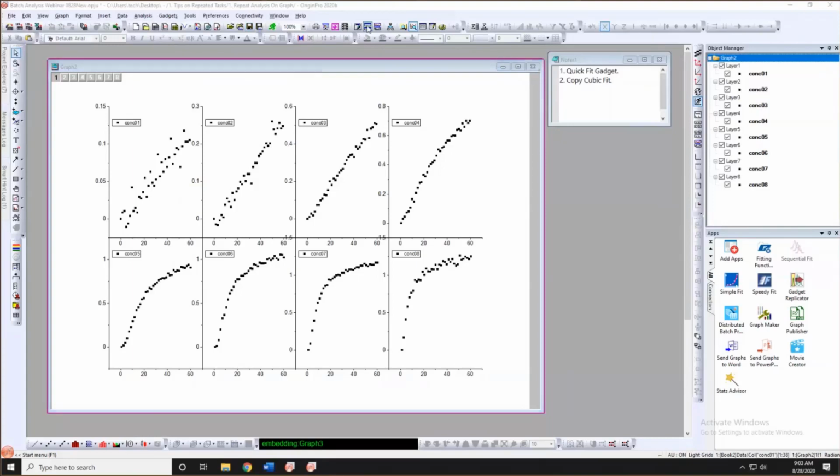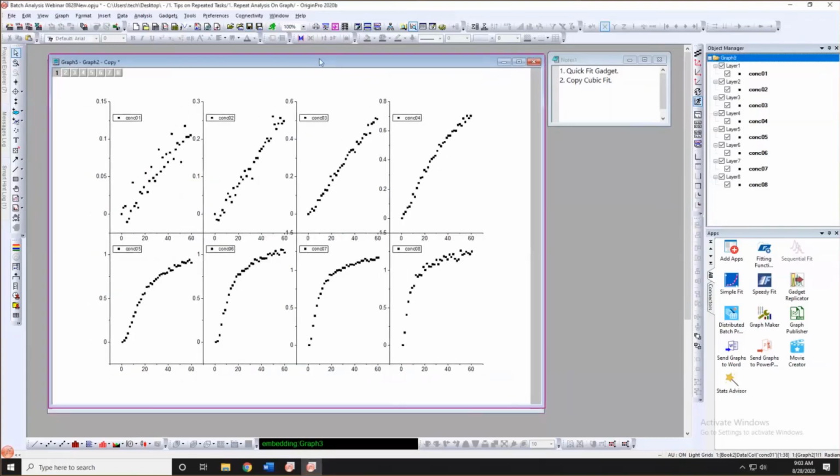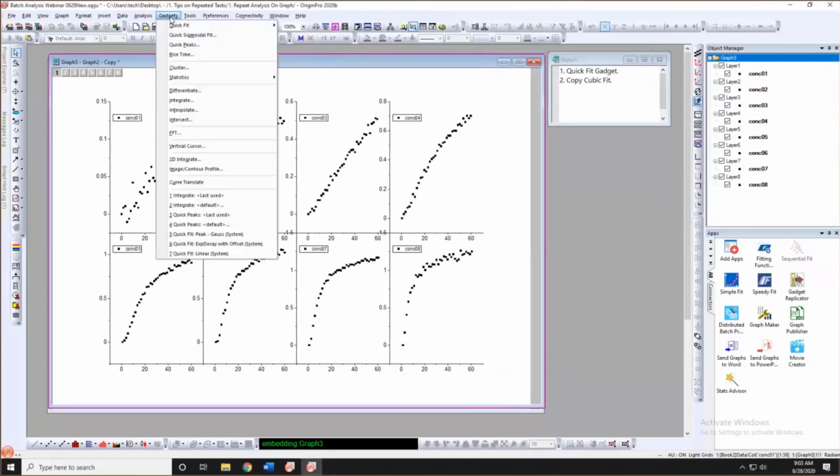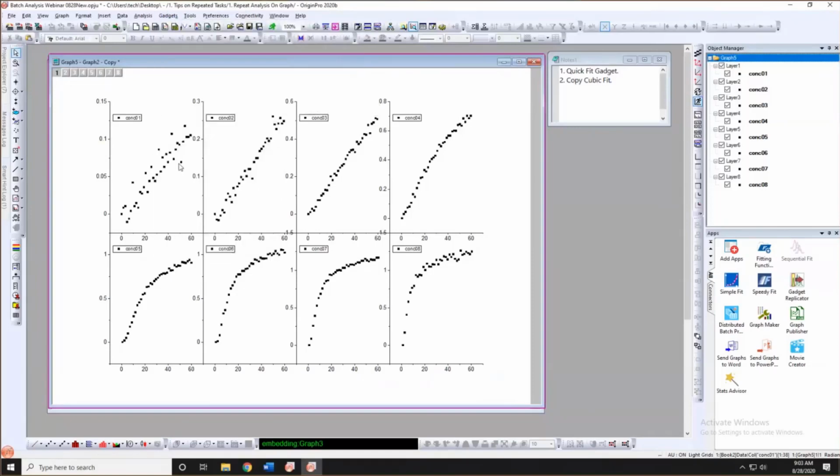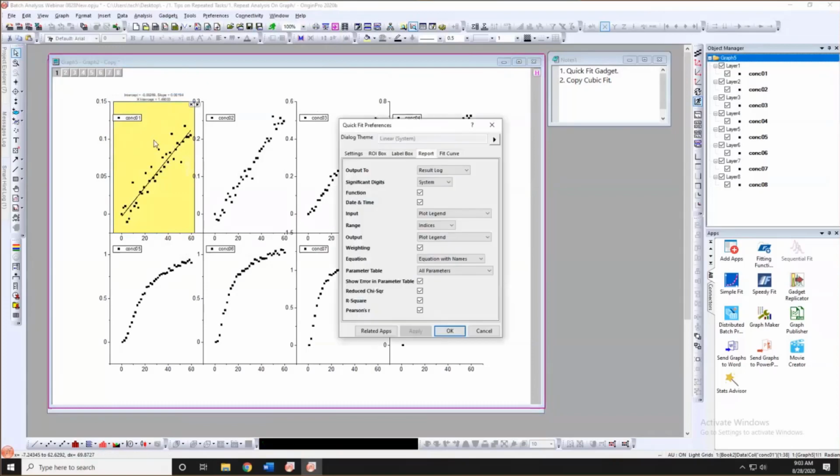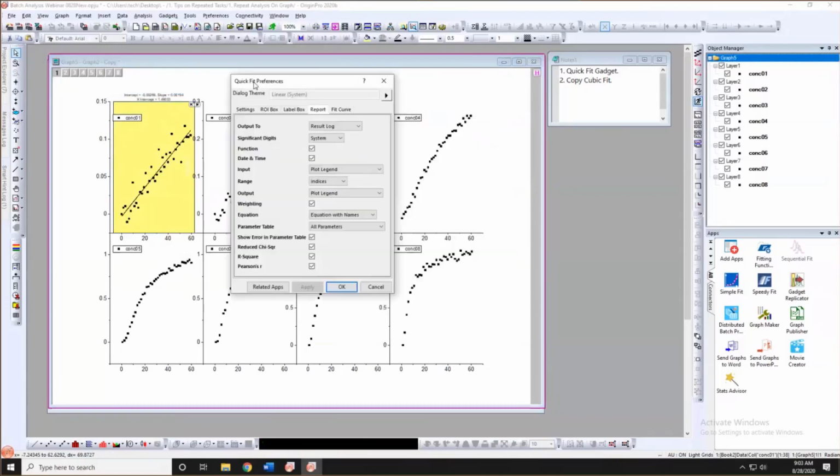Let me first duplicate this graph. In Origin we have gadgets. A gadget is a small tool which is applied on the graph. Let me do a quick fit, just a simple linear fit. Once it adds an ROI box, which is a region of interest box on the graph, we can do some settings on this fitting. If I double click on the yellow frame, I can, for example,